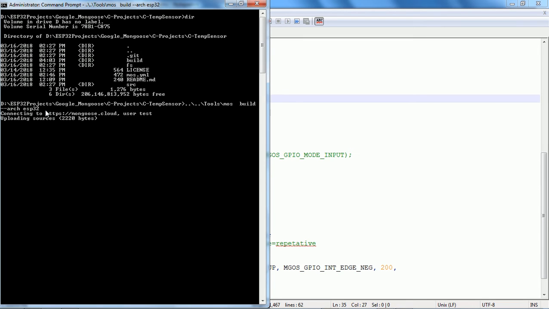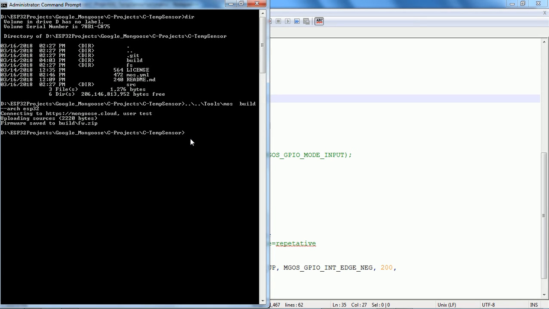So now you are able to see it will take time as your file increases. Now it's done, and it basically says that it has created a build folder. So this is the build folder it has created, and in that it has copied the firmware, because now we are actually dealing with the firmware level. So it will create a zip and it will keep it. So this is that build folder and it will keep it.